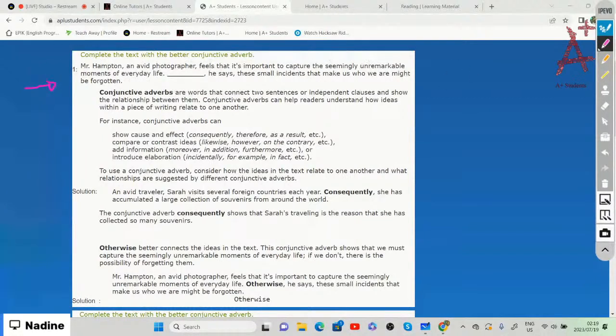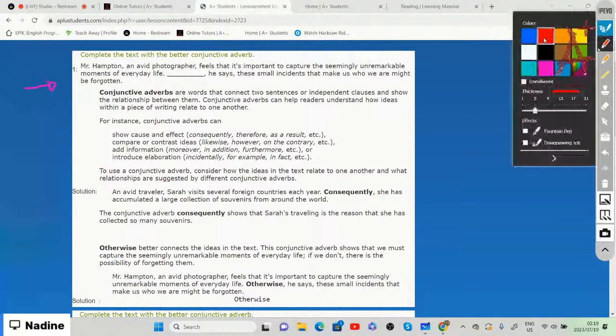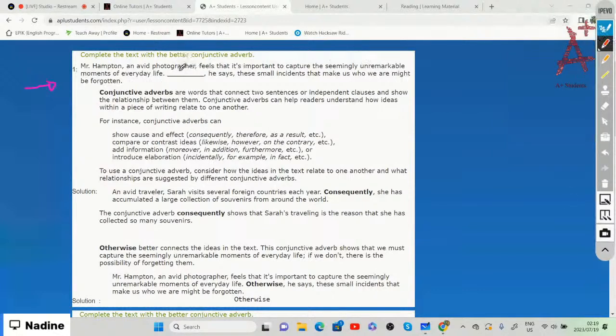So the word that we are going to add within the blank space, to show that we are connecting these two sentences, is otherwise, right? So otherwise, he says, these small incidents that make us who we are might be forgotten, meaning that he is